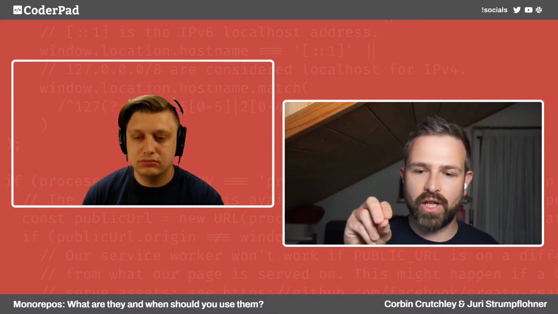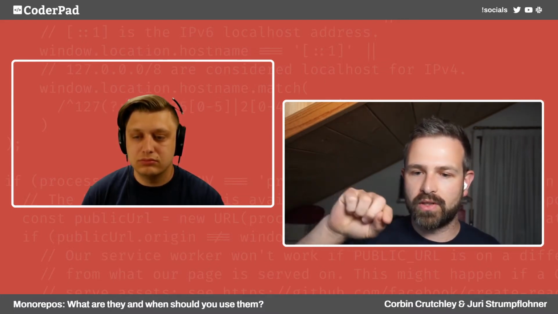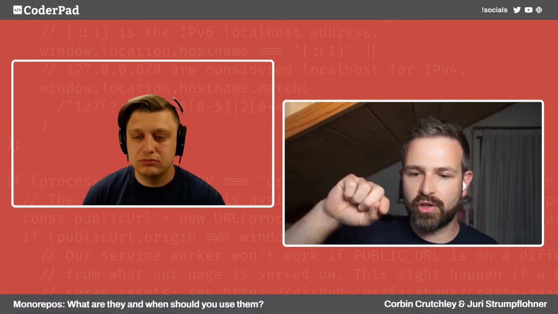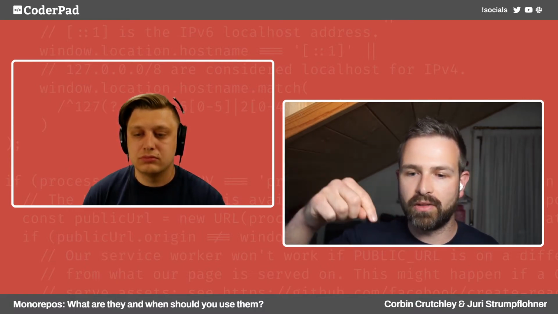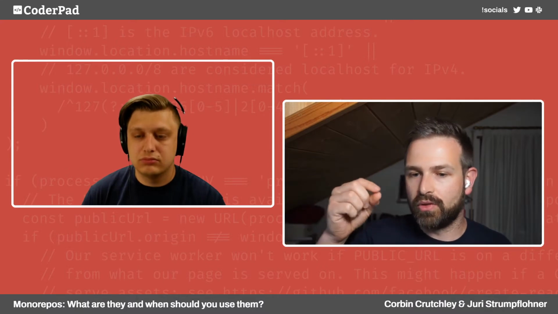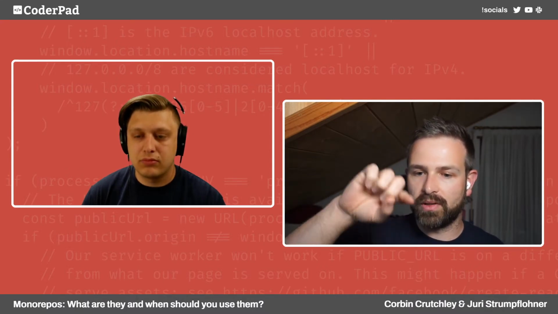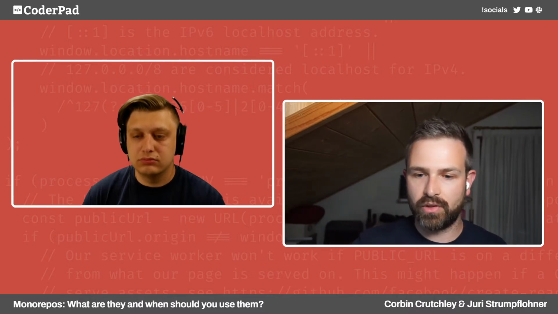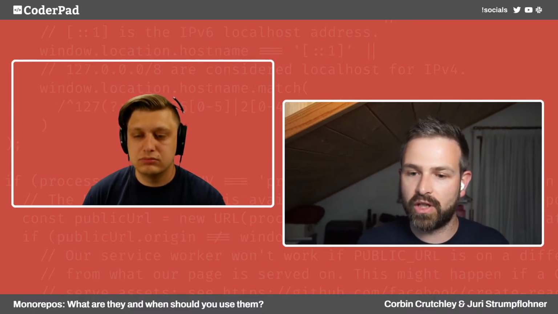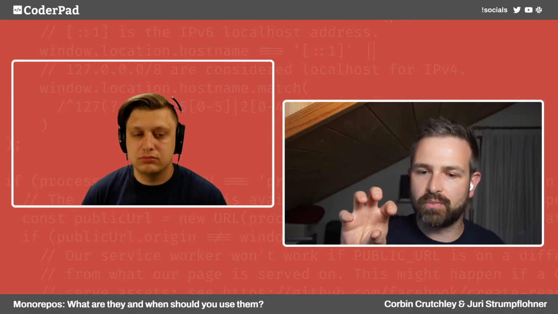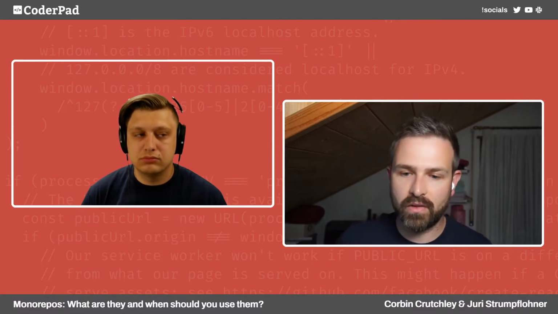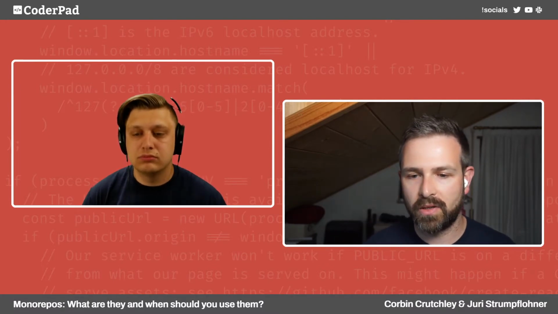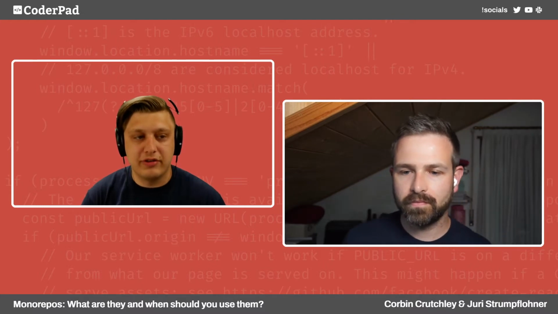And then if that library changed, they follow that graph upwards and see, okay, which other libraries or applications are affected by that change, right? Because they depend on that library. And so what you can do then is to say, I just need to build that small chunk of the entire graph, because all the other things don't use that library, so they cannot be affected by the change, right? And so you already just build a small subset and parallelize that run, and speed up things that way. Gotcha. Yeah, makes sense.